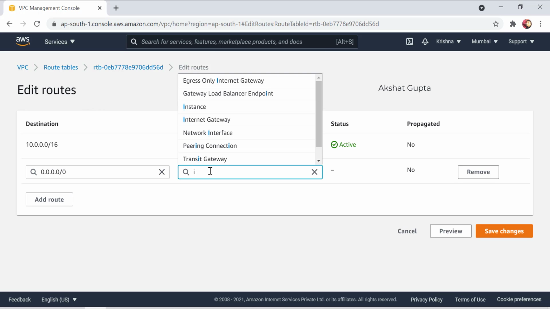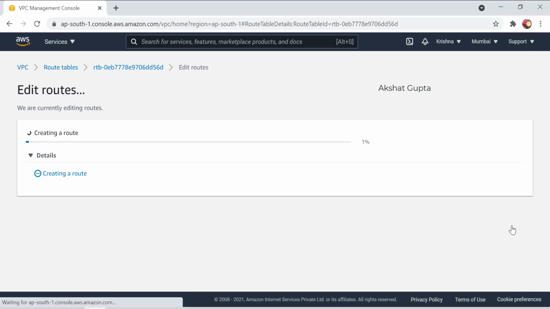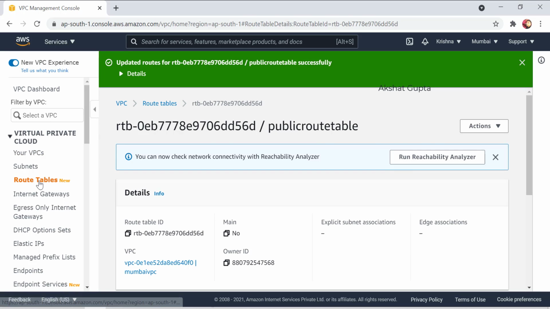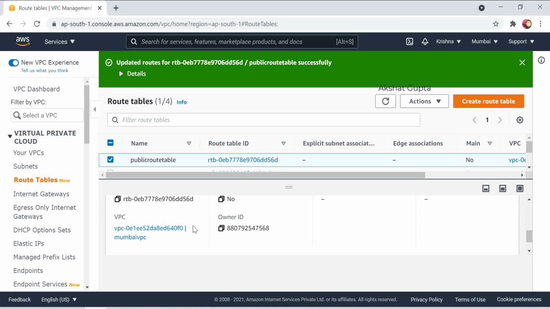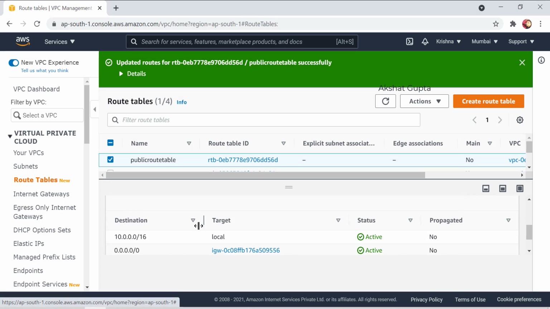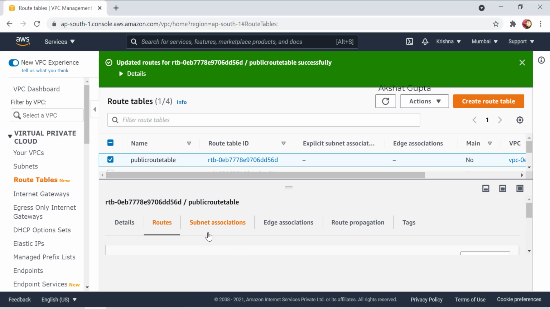Just write internet, and you will find the internet gateway automatically at the bottom. Select it and save. Now we have the public route table and we have given the routes: one is internet routing, and another one is targeted to our VPC.